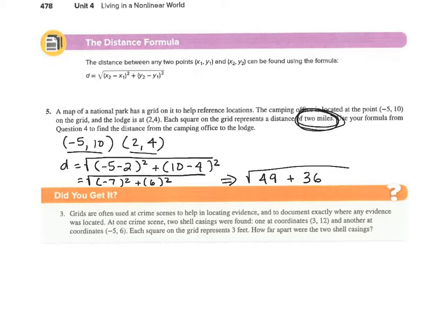I'd like to say if you ever find yourself squaring that and you get a negative number, you have messed up because we're supposed to square the entire quantity there. All right, so that 49 plus 36 gives us 85, so we have the square root of 85, and that will round to 9.2 units. So now we're going to take our 9 and 2 tenths and multiply by that 2 miles, and that will give us roughly 18.4